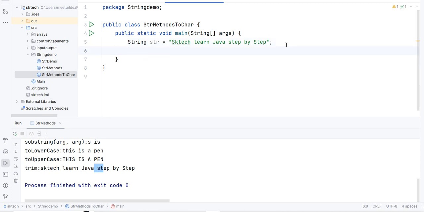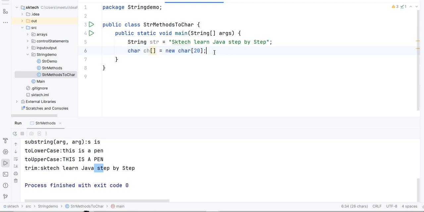Okay, and let's write a character array. We create a character array like char ch[] equal to new char, and we need to provide a size, let's say 20. This is what we have learned in one of the previous videos, in the array concept.